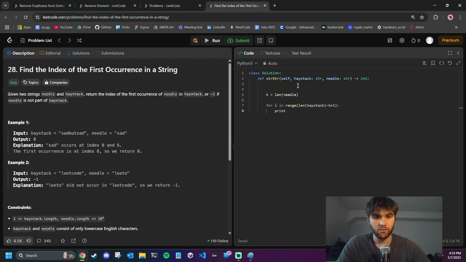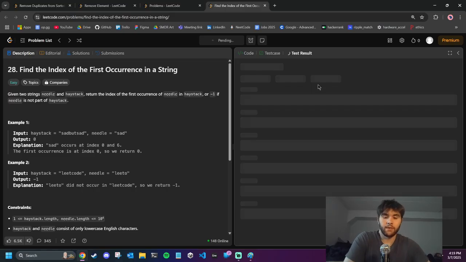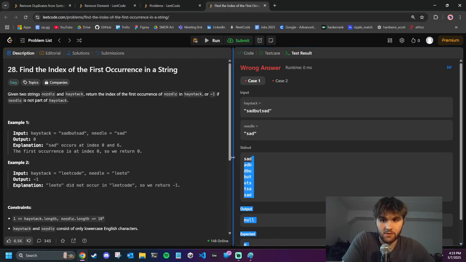And then I want to print haystack from I to I plus k. Okay, that looks good. So sad, ABD, DBU. Okay, so then